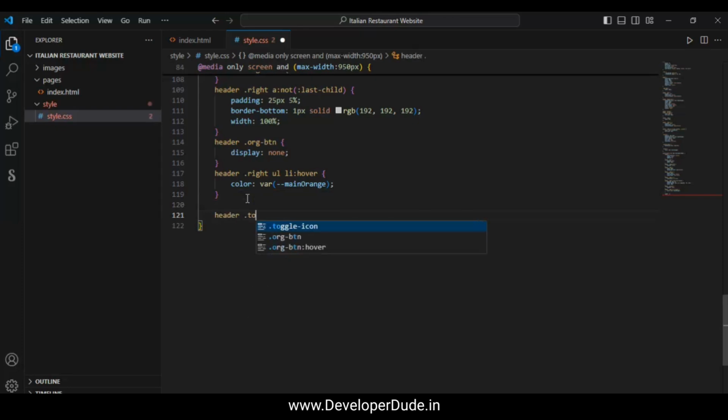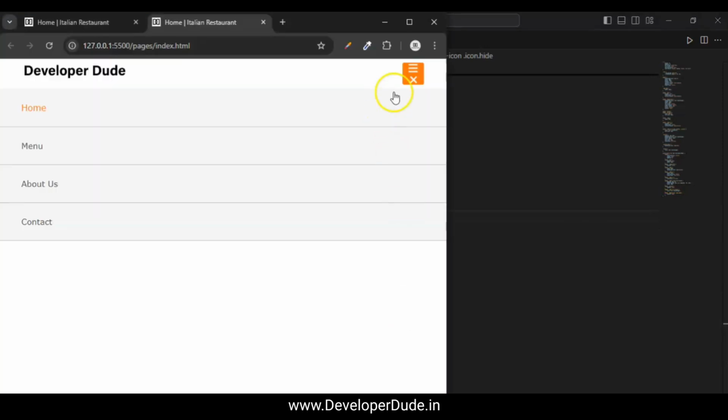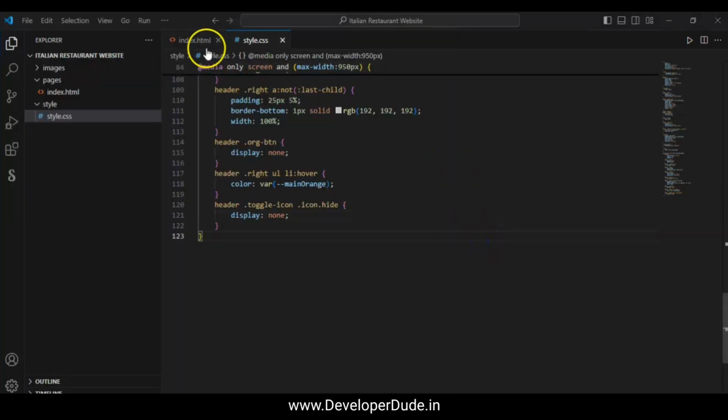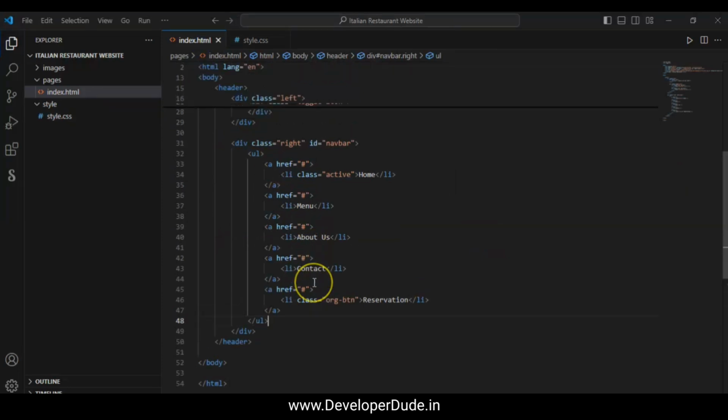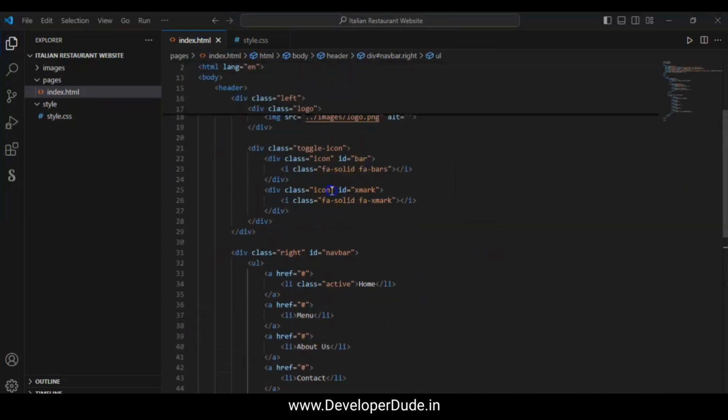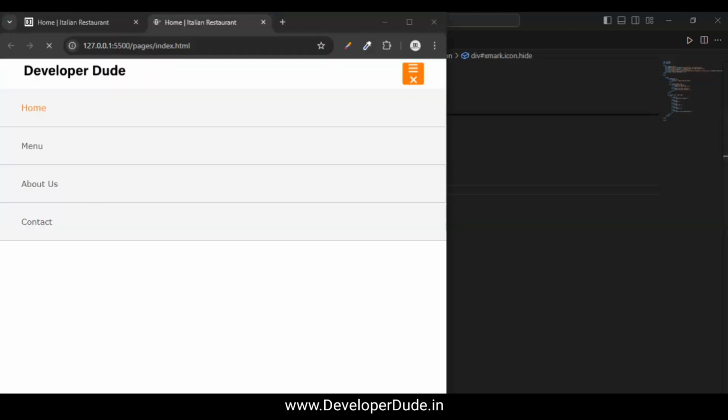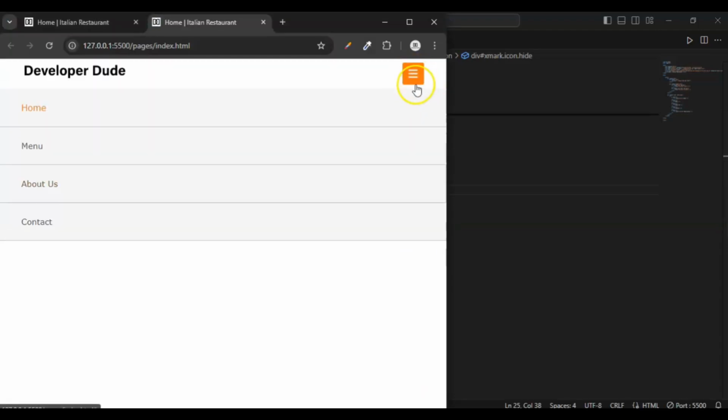Header dot toggle icon dot hide. Which icon has this hide class? Please display none, means hide that icon. Okay, so you can see here we have two icons, both of these are showing. So now give this icon the class hide. Save it. So here you can see only the bar icon is showing. Okay,